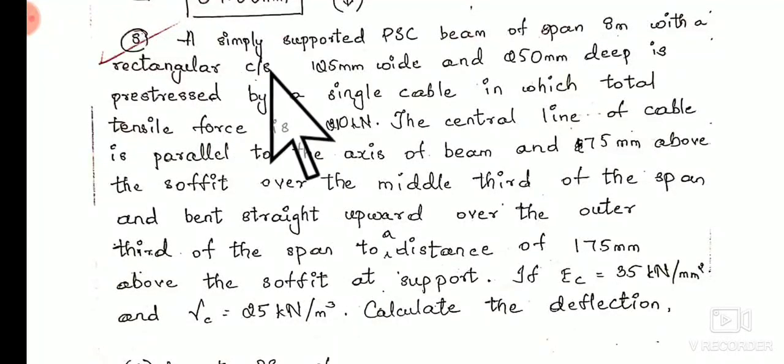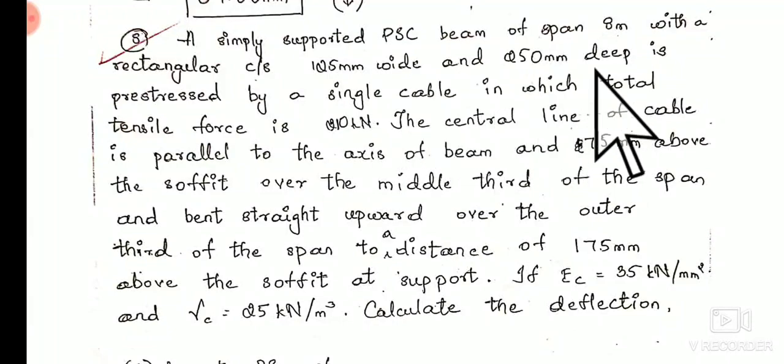Next problem. A simply supported prestressed beam of span 8 meter with a rectangular cross section 125 mm wide and 250 mm deep is pre-stressed by a single cable in which total tensile force is 210 kN. The center line of the cable is parallel to the axis of the beam and 75 mm above the soffit